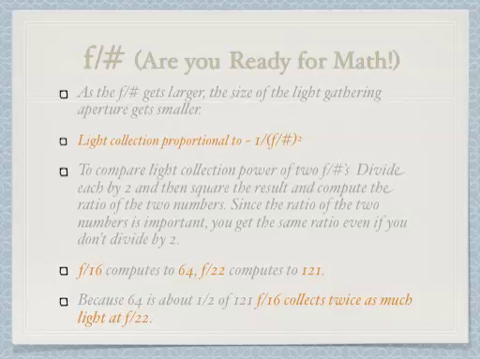You don't have to divide by 2. The important thing is that you do the same thing to both f numbers you are comparing. You either divide them both by 2 or you don't. I divide by 2 to make the computation of the square easier. Now, because 64 is about half of 121, we see that f/16 collects